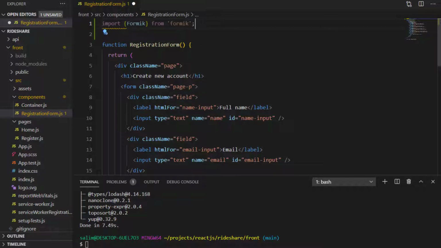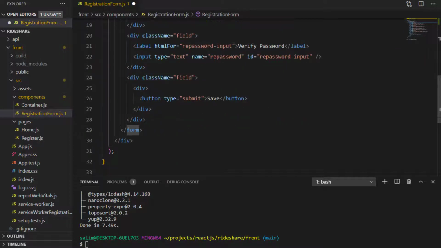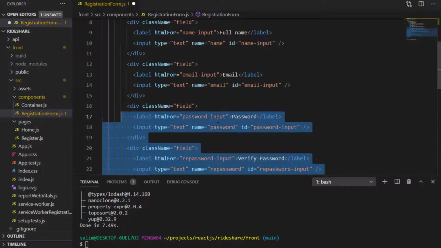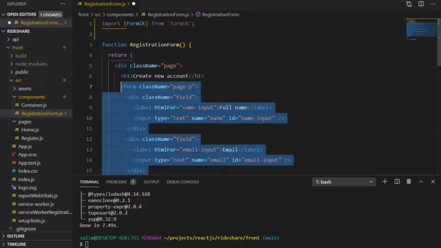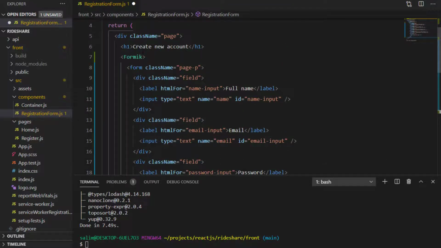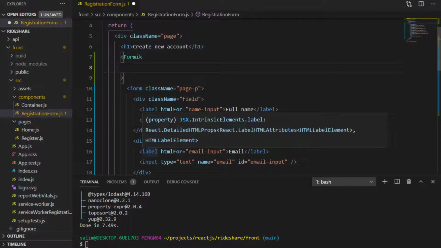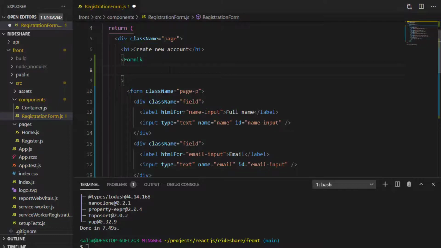Then what we will do is wrap our form with the Formik component that we have just imported. So I will grab the form and wrap it with Formik. Alright, now we have Formik wrapping our form. What we need to do is define some props. The first one is the initialValues,